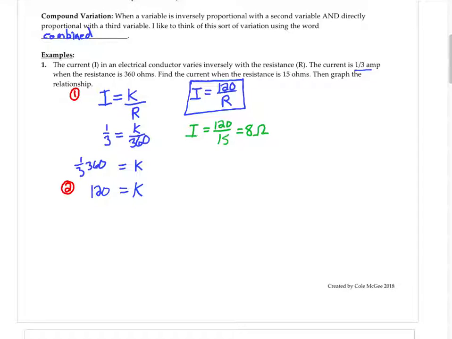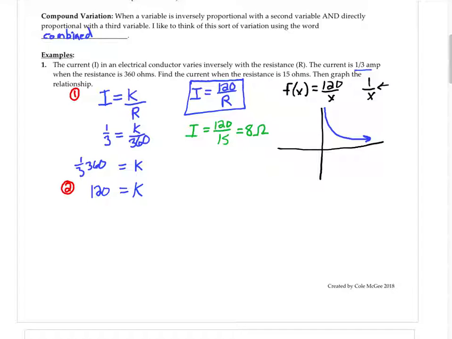This problem actually had a little extra piece. It said to graph the relationship. So basically, this relationship is a relationship that's like 120 divided by x. So we're going to be looking at a new parent function for the first time today in my class, and that parent function is 1/x. So that's a function we've not studied before. You could put it in your graphing calculator. I'm just going to show you what it's like this time. So 1/x looks like this,